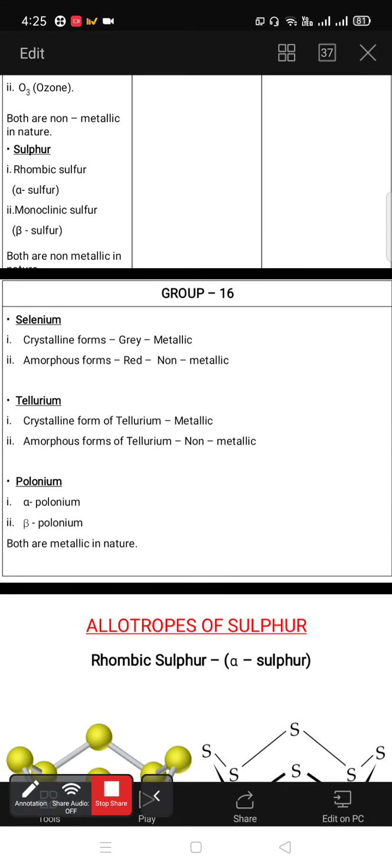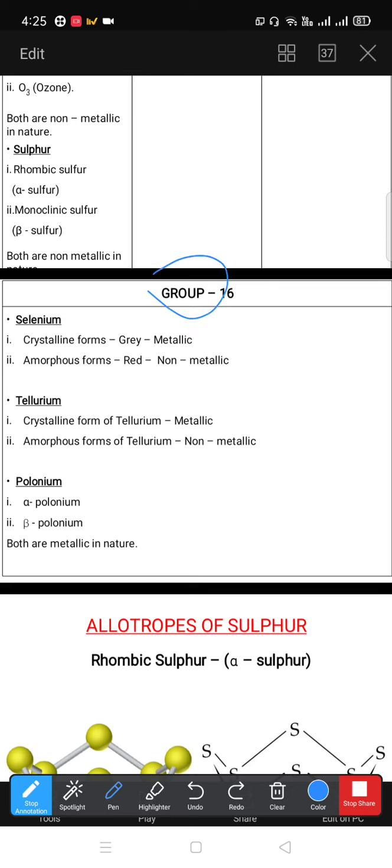Now in group 16, some further examples we'll see, like selenium. Selenium has crystalline forms, which are gray and metallic in nature, as well as amorphous forms, which show red color and are non-metallic. Then the next element from group 16 is tellurium. Tellurium shows a crystalline form that is metallic, and an amorphous form that is non-metallic. Then polonium. In polonium, alpha polonium and beta polonium are both metallic in nature, which are allotropes